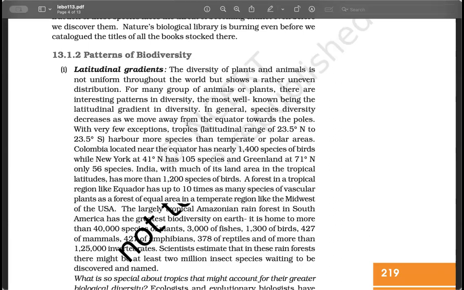That's why, in the first place, reptiles cannot be found in the poles, because they are cold blooded and poles don't see sunlight for months. So, of course, they're going to die. Mammals do live, birds also live. So, it's mostly birds and mammals because they can regulate their body temperature. They are warm blooded organisms.